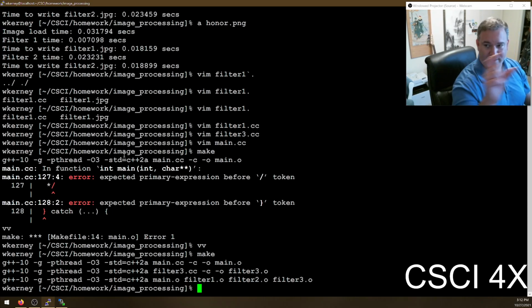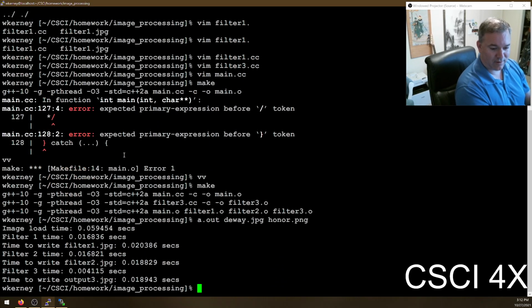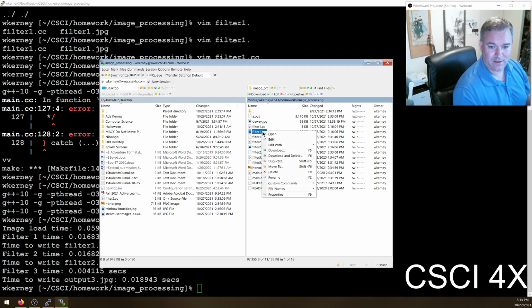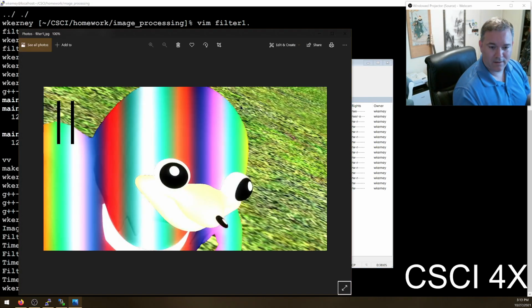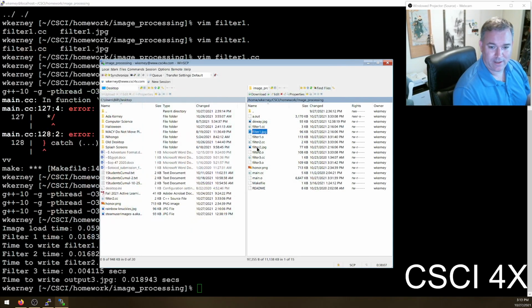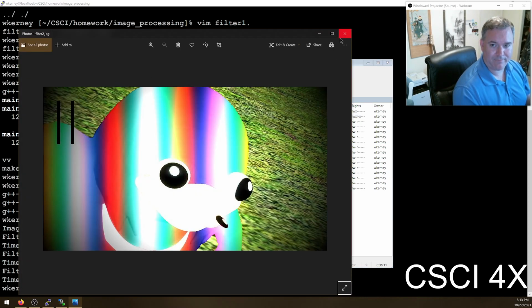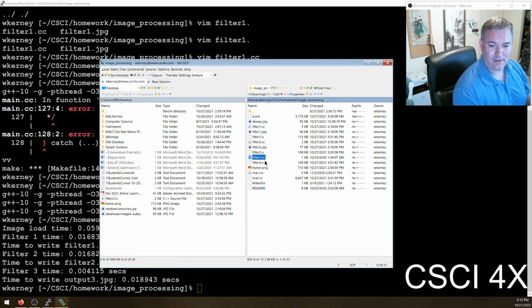But you can use this to add a watermark, because that's one of your tasks. So if we go a.out away as the original image, and we will composite honor.png on top of it. It didn't crash. That's a good sign. We'll open up filter 1, and we can see we have brightened away. Open up filter 2. We can see we have vignetted it. Open up filter 3,